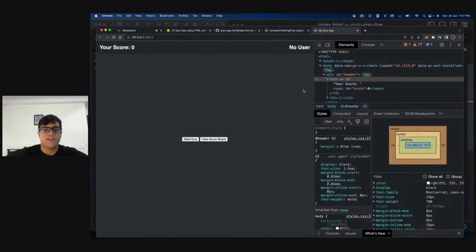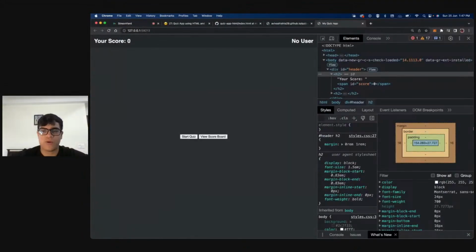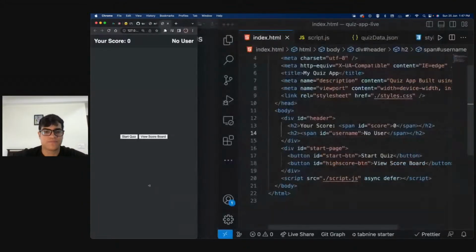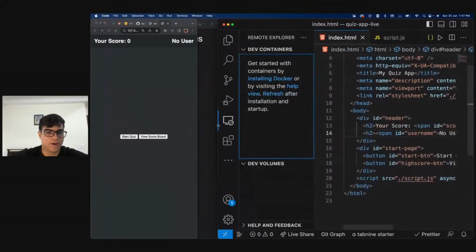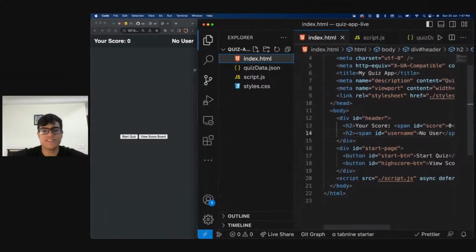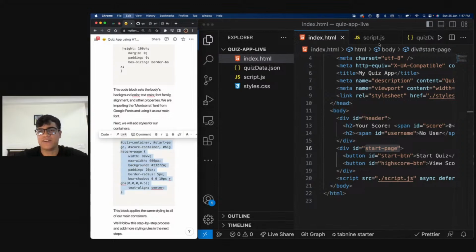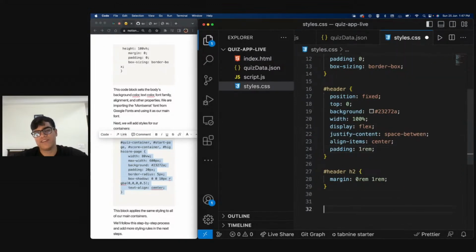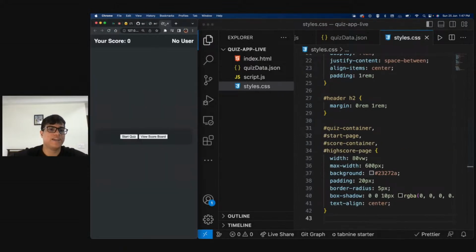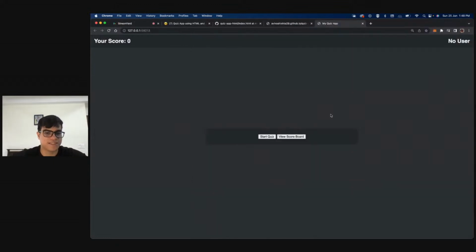Anyways. Apart from this, I wanted to quickly style this part as well. So what is this part? This is our start page. So even our start page needs to have that, and the styling of that has also been given. This is the styling that you guys can just copy blindly, honestly. What this styling will do is make our UI look like this. So now at least the start quiz and the view scoreboard look like this. It put it in the center of the screen, gave it a little background, and gave it a little shadow as well.